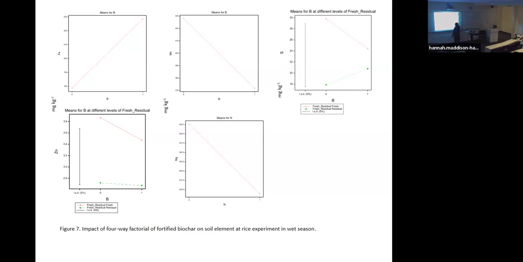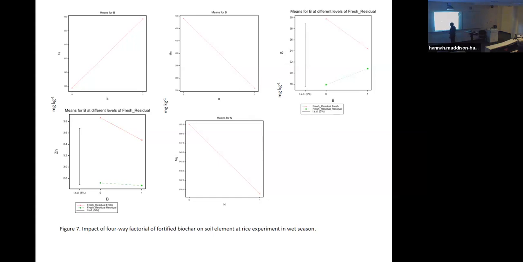And then by using biochars also decrease the level of magnesium, and then increase the level of sulfur in the fresh application. But by contrast, at residuals it is actually increased. And then by using biochars, it is maintaining the level of zinc in the fresh, and then reduce the level of zinc in